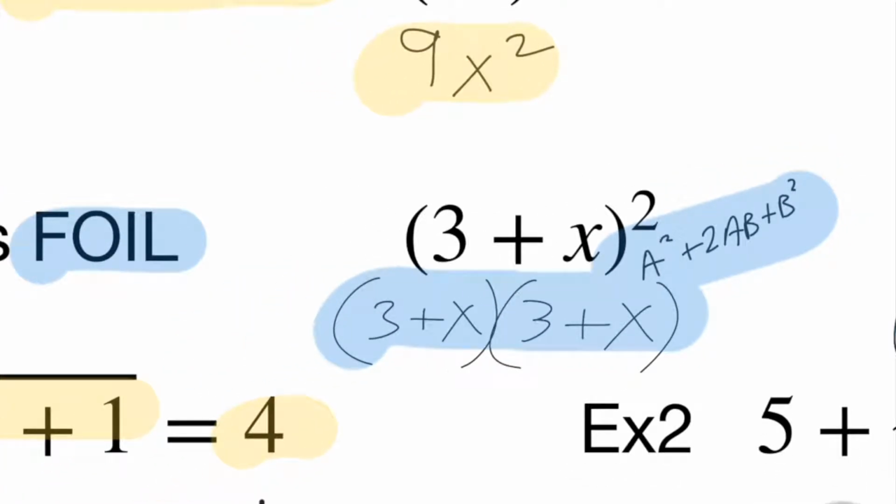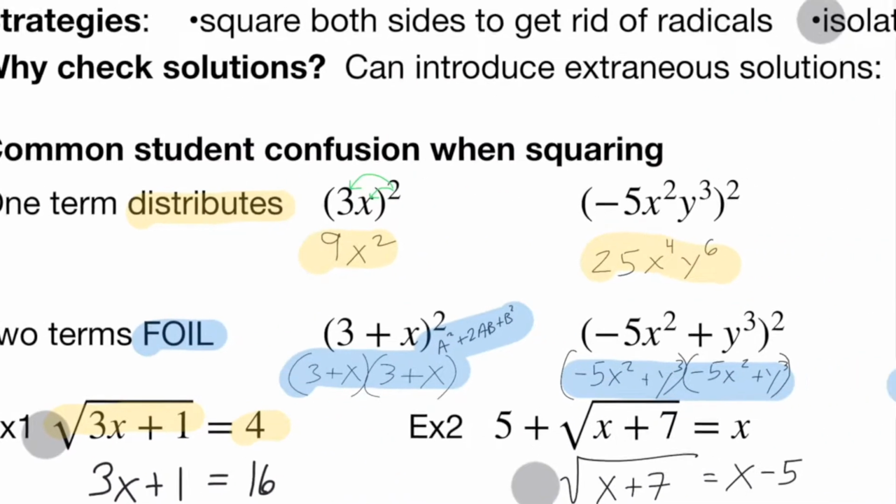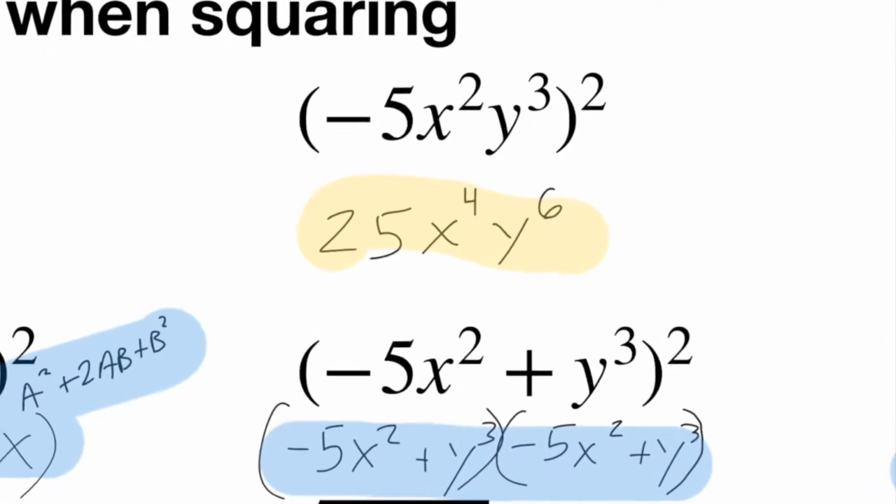But here, if there are two terms inside the parentheses, then they FOIL. There's one term inside these parentheses, the one term is 3x. But there are two terms here, 3 plus x. So then we have to FOIL it. First, outside, inside, last. Let me continue to show you what I mean. Here,